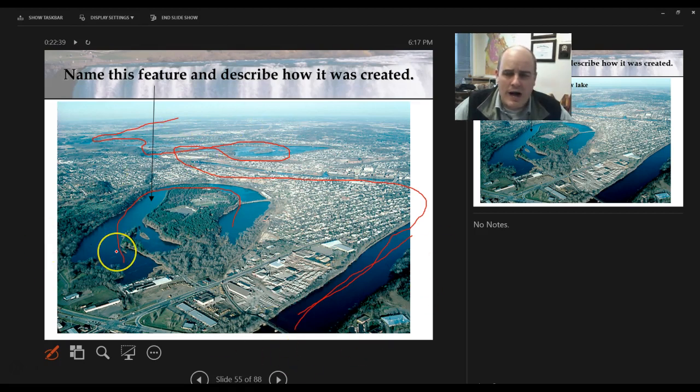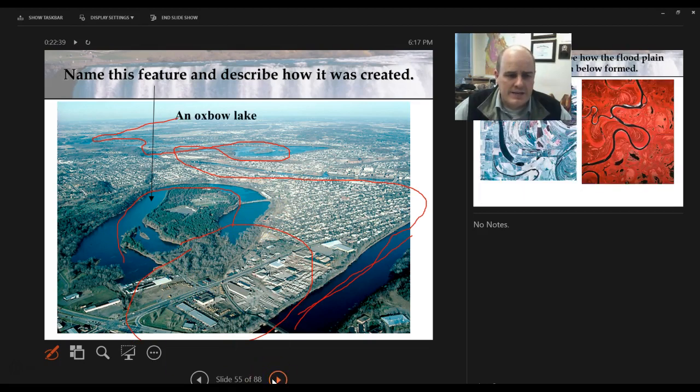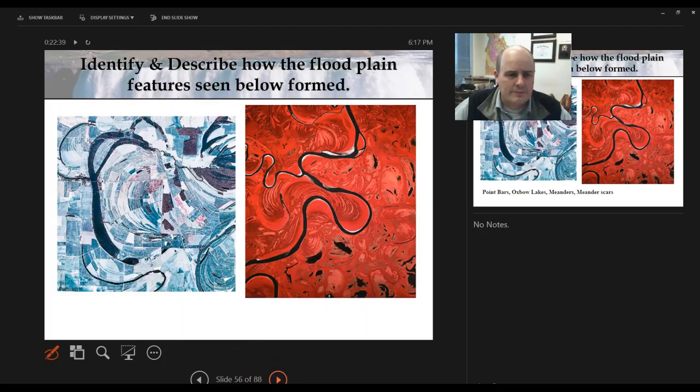Whereas this is an old oxbow, which means it got cut off as it was flooded in that area, depositing its sediments to cut off the meander. Okay, so we keep going here. It's an oxbow lake. These are aerial photos, and these are false coloring images, so you can see the scars a little bit better. You can see these old scars of the floodplain